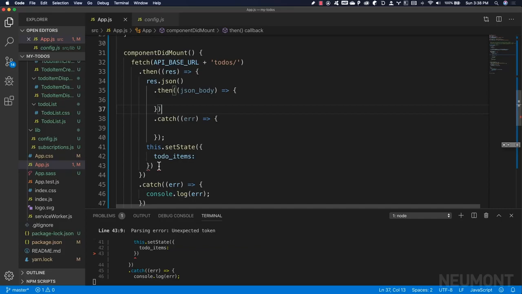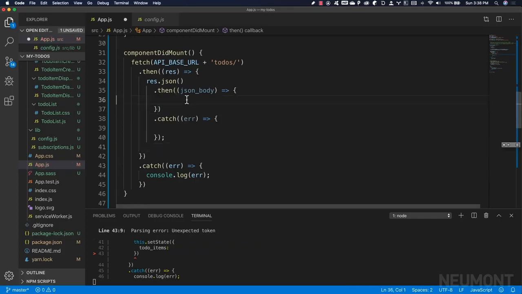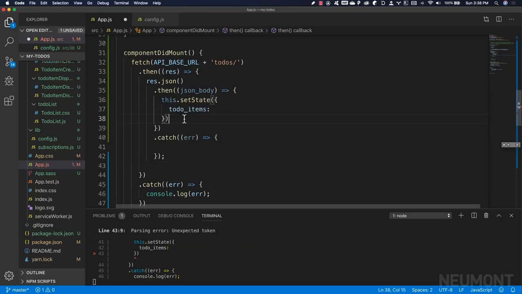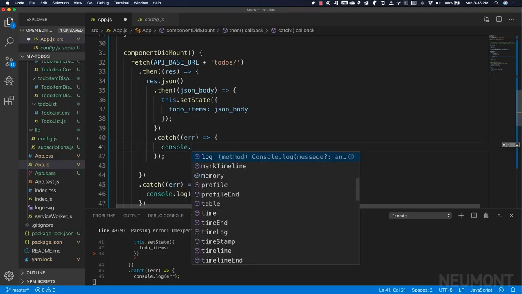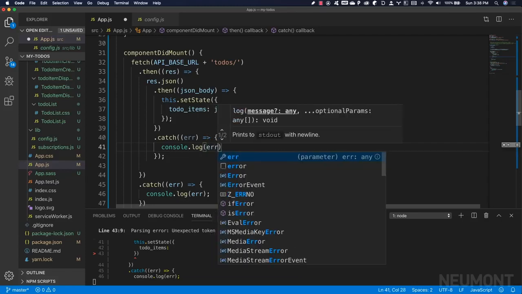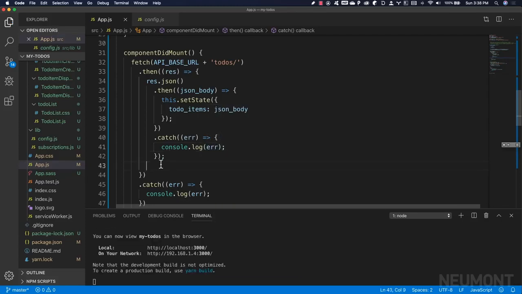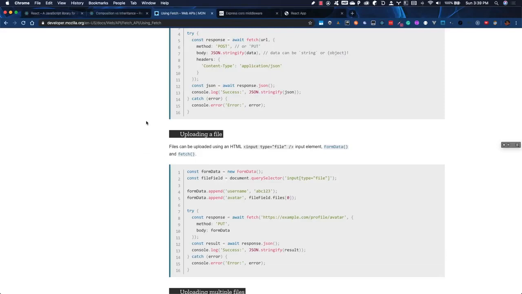And now this .setState actually needs to live here inside of this .then if it is a successful return. And this jsonBody is now what we set to our to-do items list. Now, if we have an error, we're going to go ahead and handle that. And we're going to handle it right now pretty weakly with a log. We're just going to console.log that error if we have an error. Go ahead and clean up our spacing. All right, we don't have any errors there, so let's come back to our